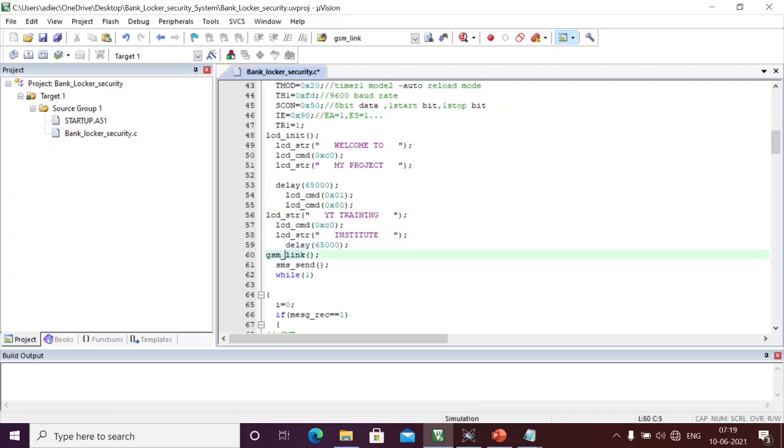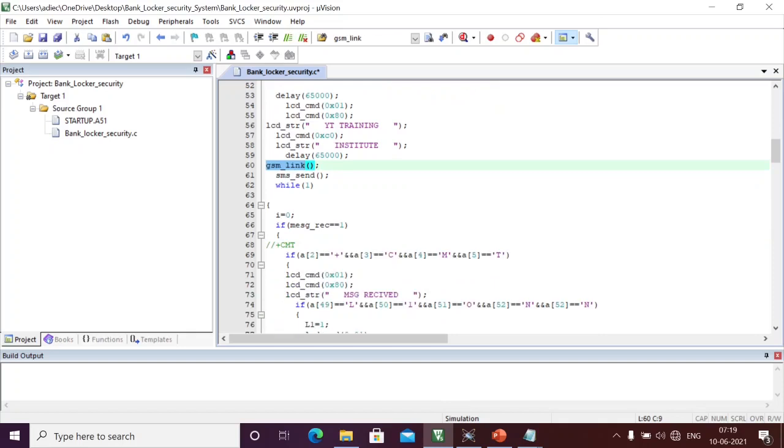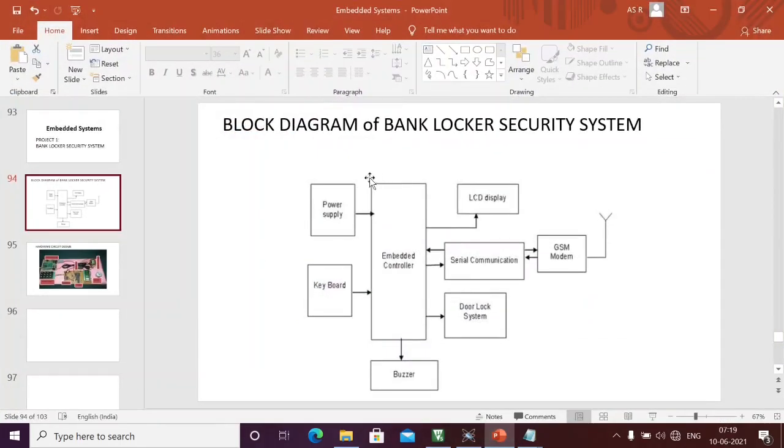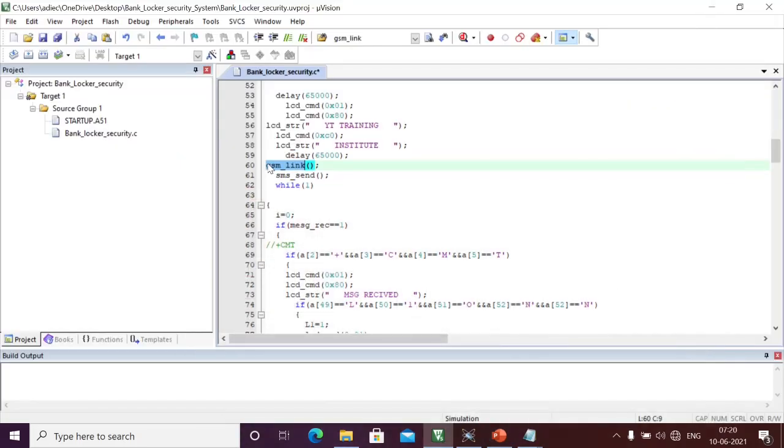And after some delay, we are checking the link. Okay, this is also required. If you want to send or receive SMS, we should always check the link, whether the GSM is connected to the microcontroller or not. That's why this GSM link is required. Send SMS is not required here.